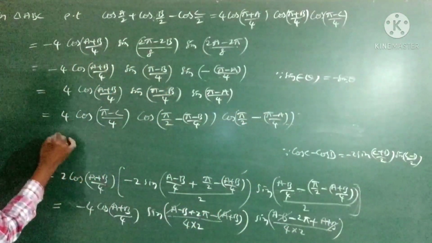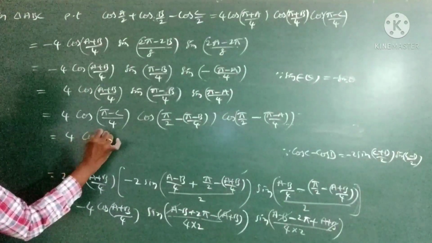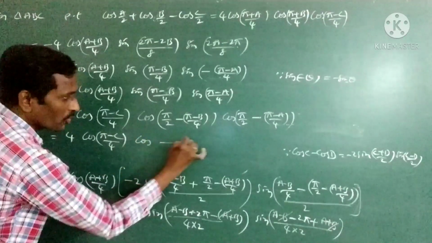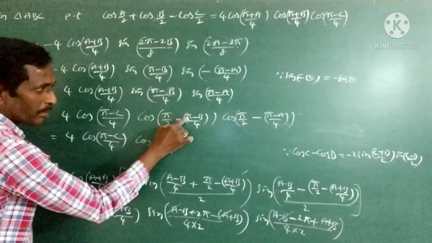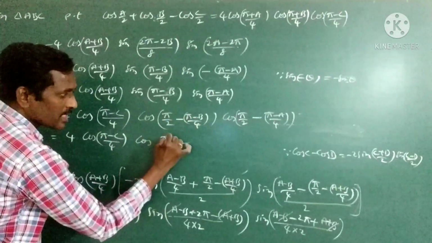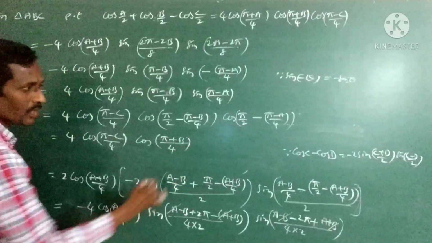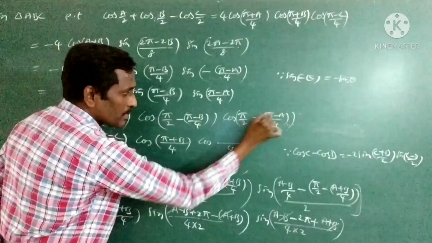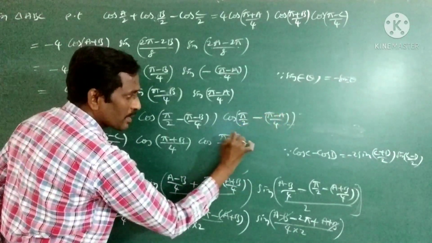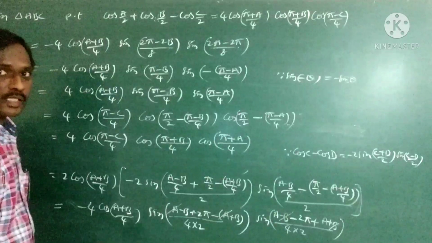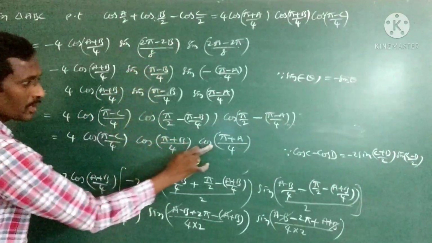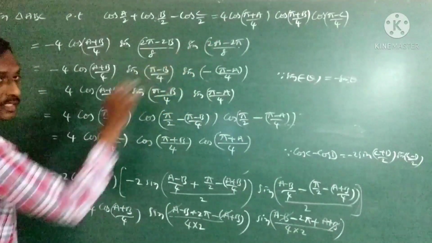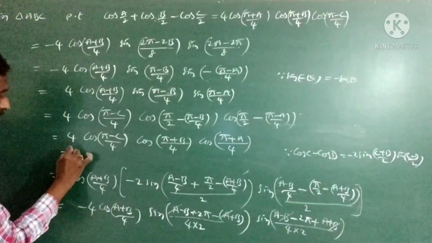Now finally simplify this. 4, this is as it is. Now take an LCM. 4 is the LCM. 2 pi minus pi is a pi. Minus or minus is a plus sign B. Again take a common here. LCM is the value 4. 2 pi minus pi is a pi, minus of a minus is a plus sign A. So what is the answer you have to show? 4 times cos function pi plus A, cos function pi plus B, cos function pi minus C. So it is the answer for the problem.